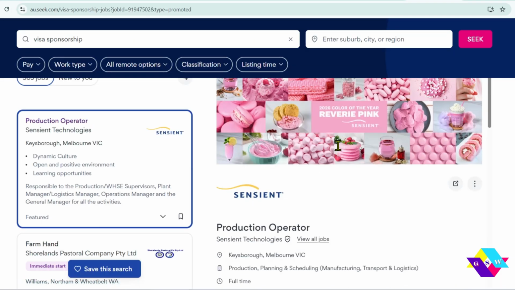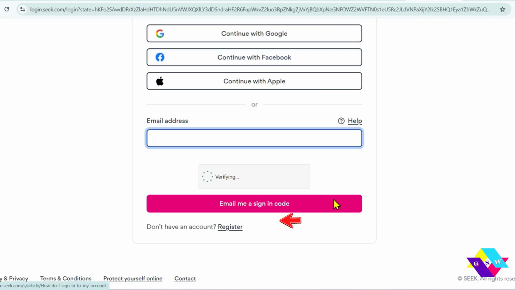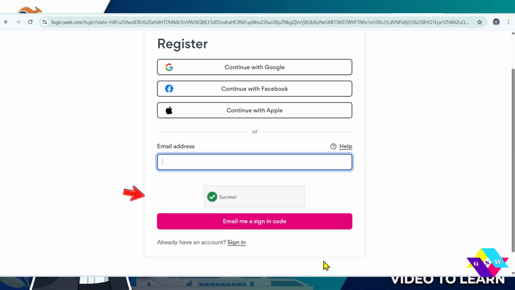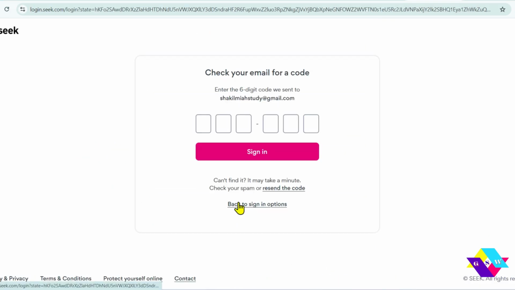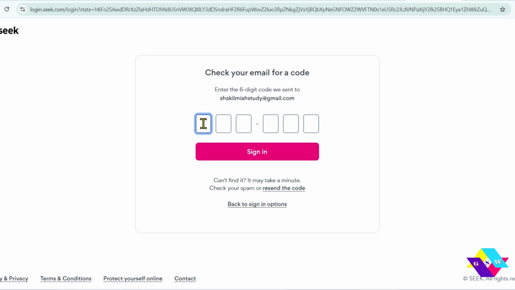Before applying for the jobs on Seek, first you need to register as a job seeker. Click on register or sign up. Enter your email address and continue. Seek will send you an email verification code. Type the code manually or simply copy and paste it here. Once verified,